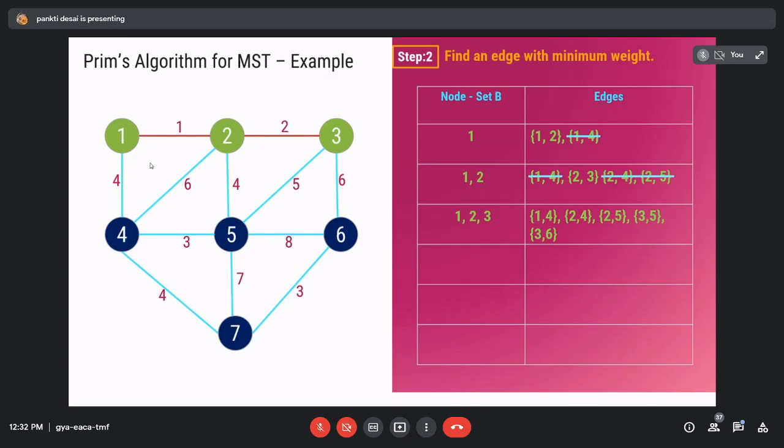Which edge has the minimum weight? 1 comma 4 or 2 comma 5. Now why don't we select the 2 comma 5? Because,